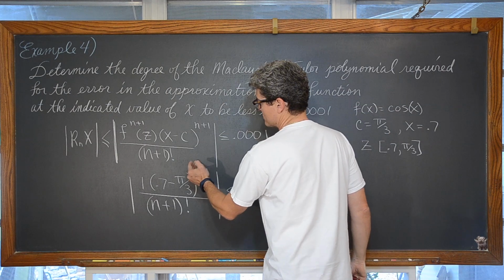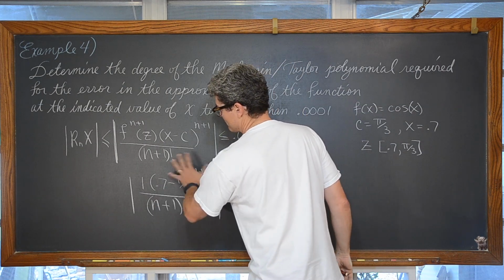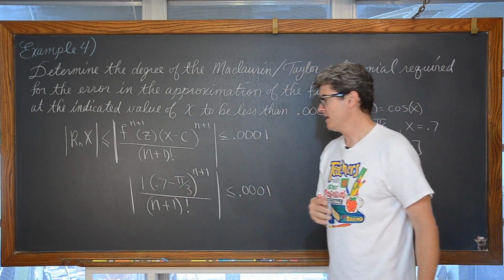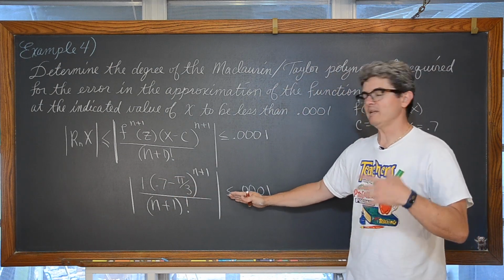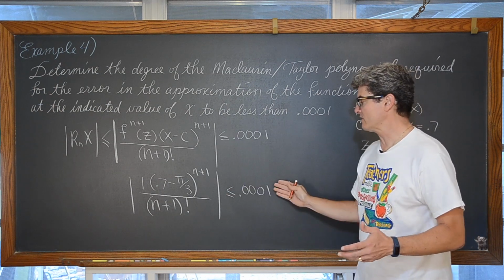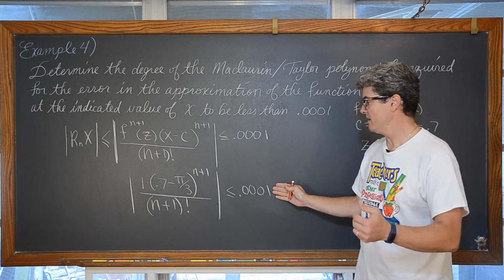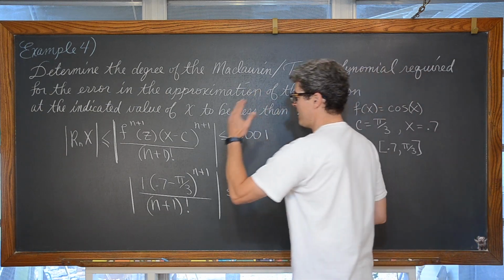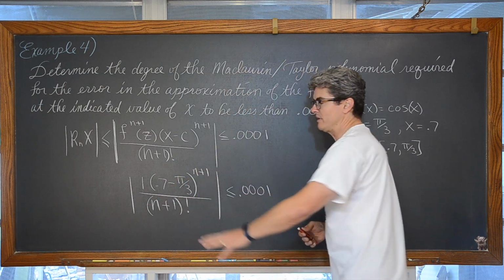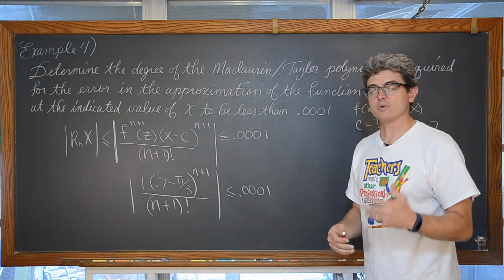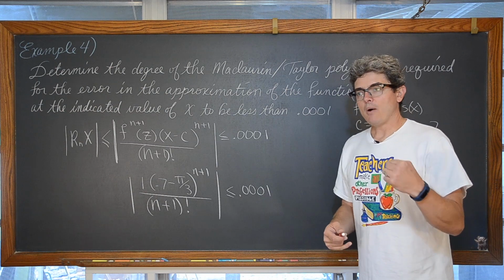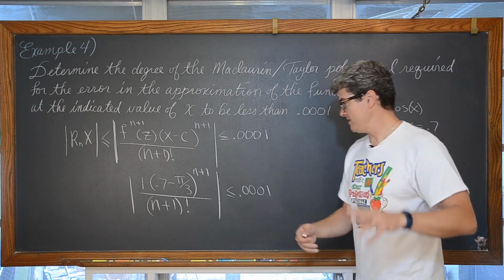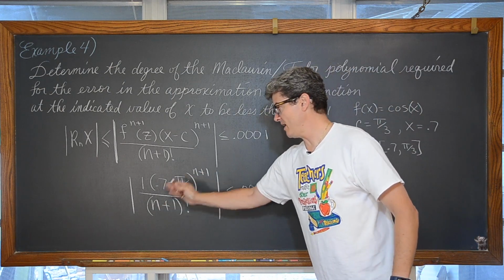Start plugging in n values of 1, 2, 3, and 4 into this expression and so on, and just do a little bit of trial and error until you see a maximum error, which is really, it said equal to, but you're looking for an error that's equal to or less than 0.0001. And as you plug in the values of n of 1, 2, you don't even need to try values of 1, 2, and 3, because we saw our maximum error in the previous screen of 0.0006 something, right? So we already know we have to go up to 4 and 5 and 6,